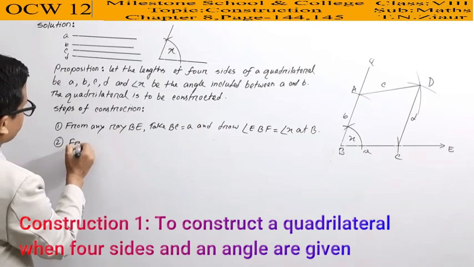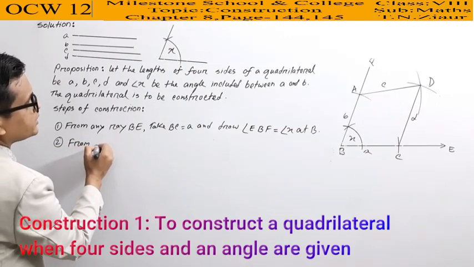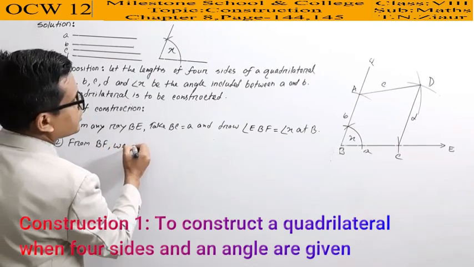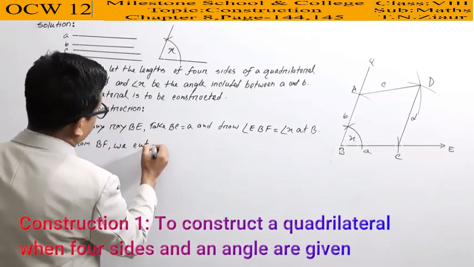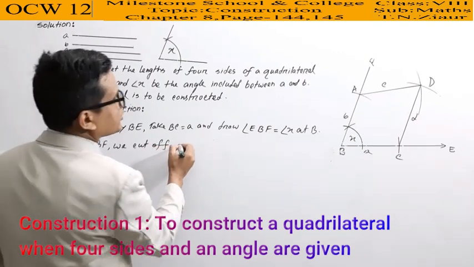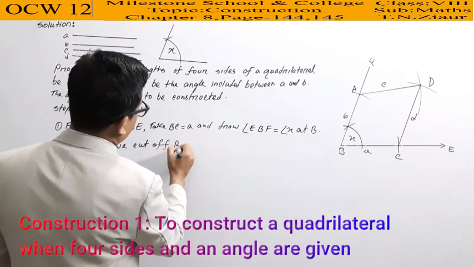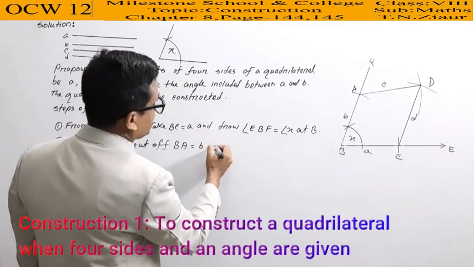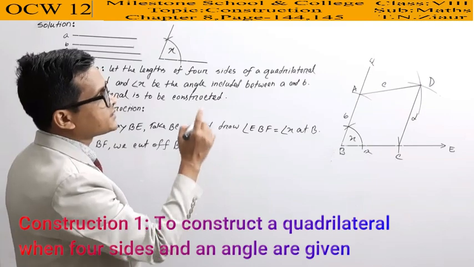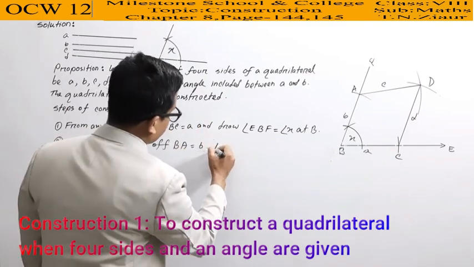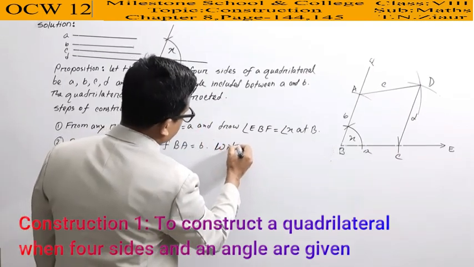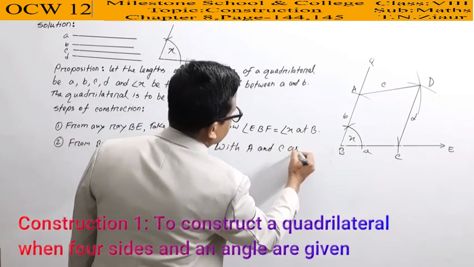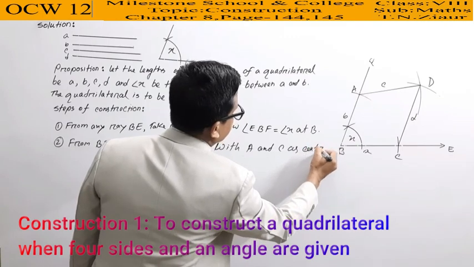So from BF we cut off BA equal to B. Now with A and C as center,